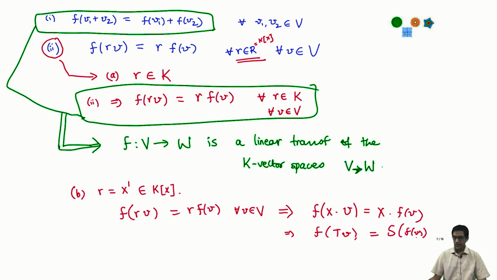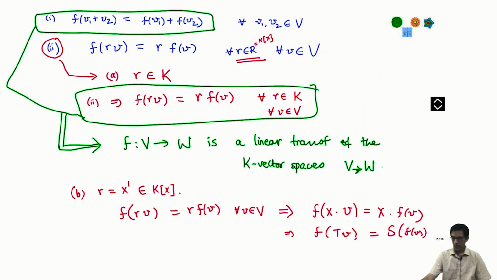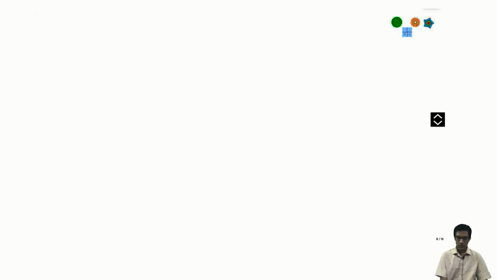Okay, so this last equation comes from realizing that the data here says exactly that the polynomial x acts as T and as S on V and W respectively. Okay, so now let's unravel this a little bit more. We have concluded the following: I have this operator f, which is a linear transformation,